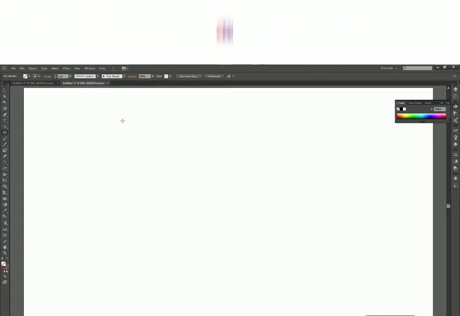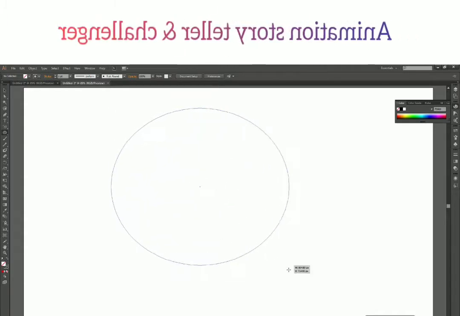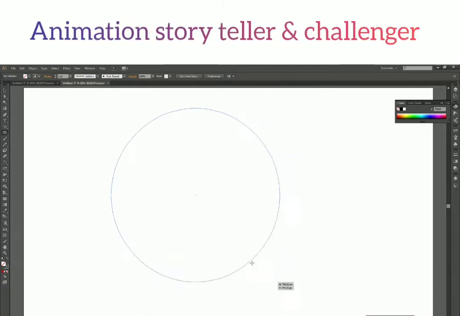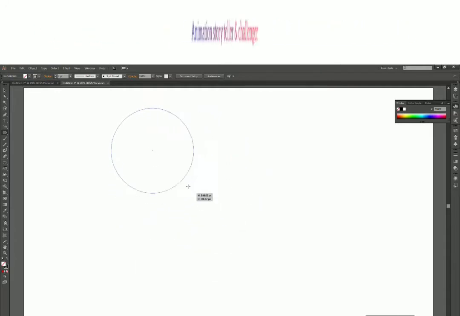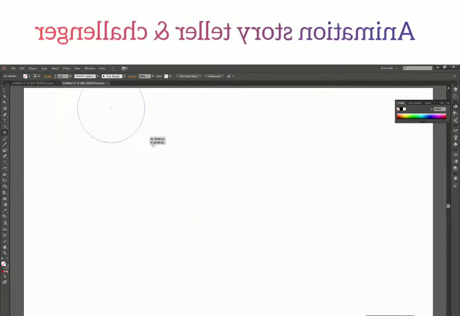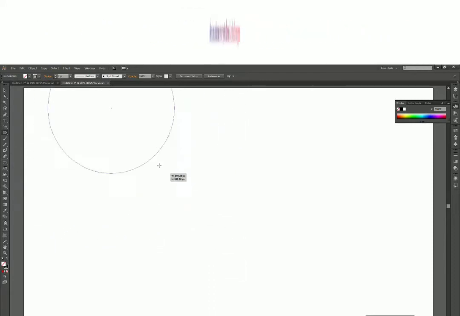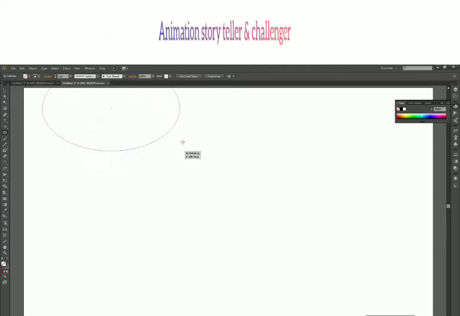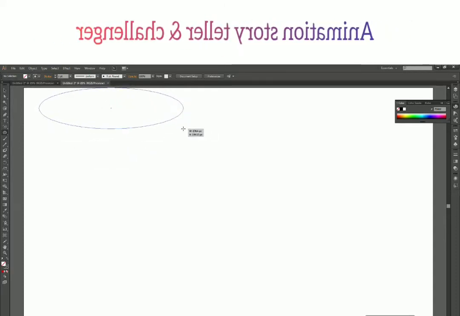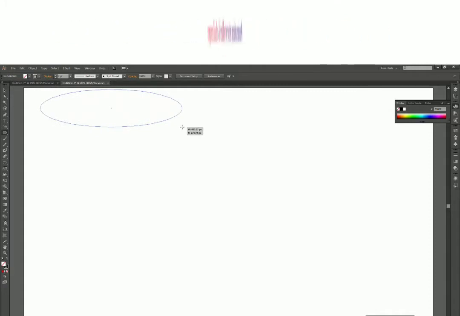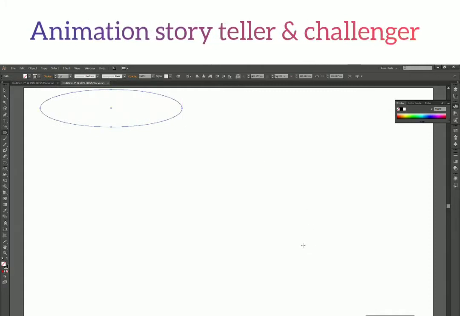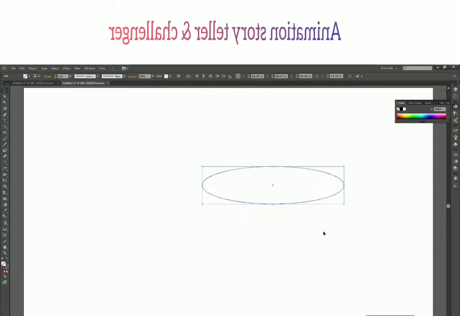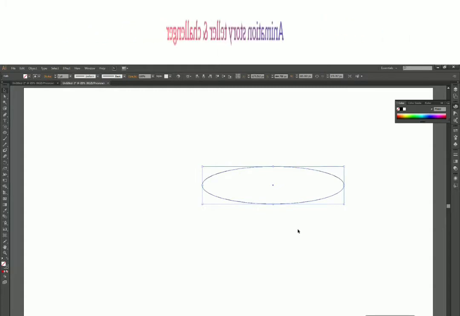Alright, so to draw the ellipse, what you can do is drag your mouse on your canvas. Again, like the rectangle tool, you can press your shift key to create a perfect circle, and along with it you can hold the Alt key to shift the center so that your circle expands from all the sides. Release the shift key to make it an ellipse instead of a circle, and when you feel like this ellipse is okay, release your mouse click and then release the Alt key, and you can use your selection tool to move this around and place it properly. Those are all the function keys available with the ellipse tool.